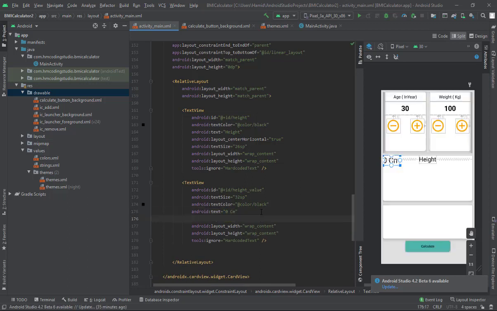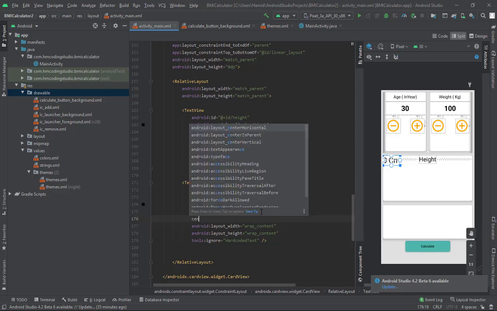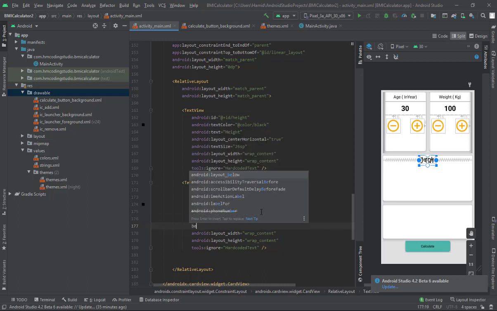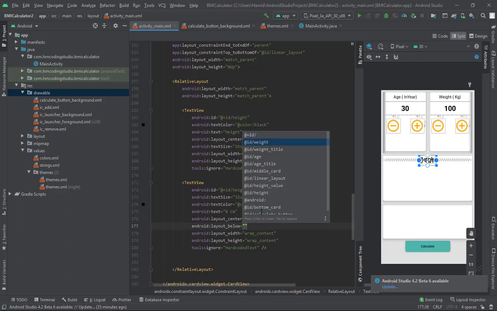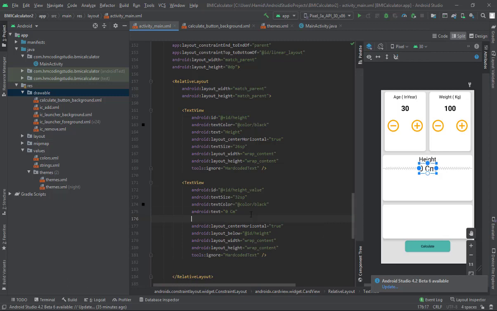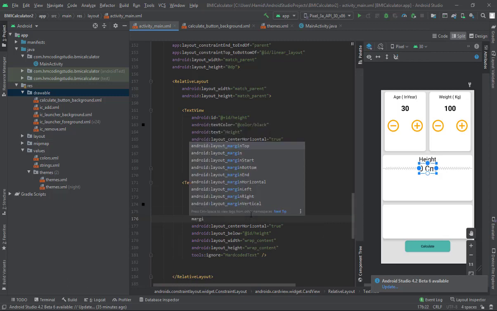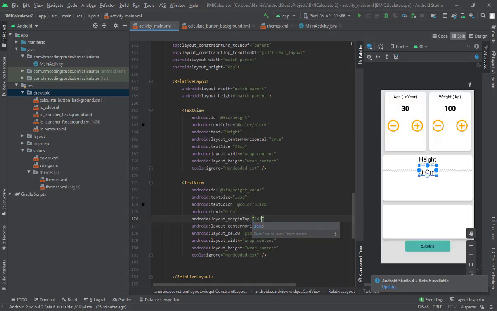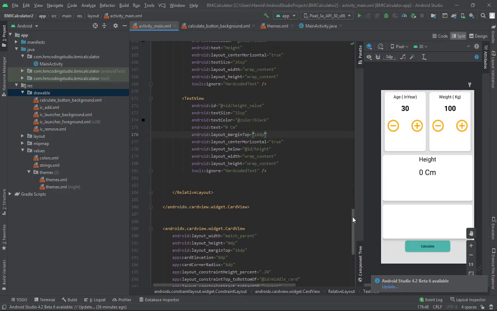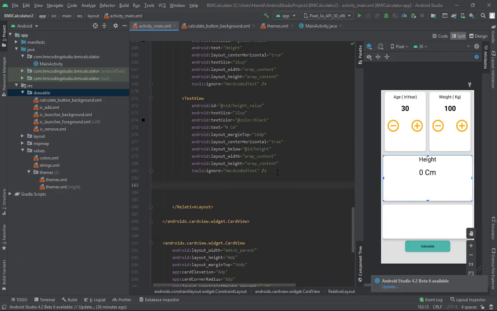And after that we need to center our text view, and we will align it below the title of height. We need to give a top margin. We will have a 16 dp top margin, and that's better. And the last thing we need to do inside our second card view is to add our seekbar for changing the height value,